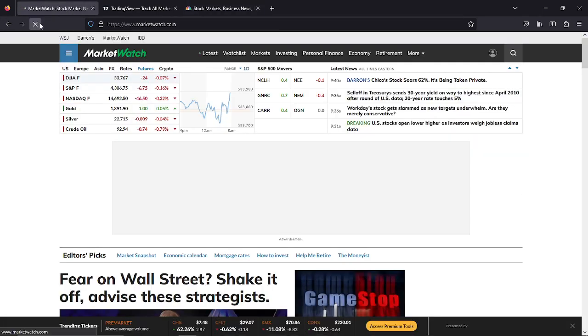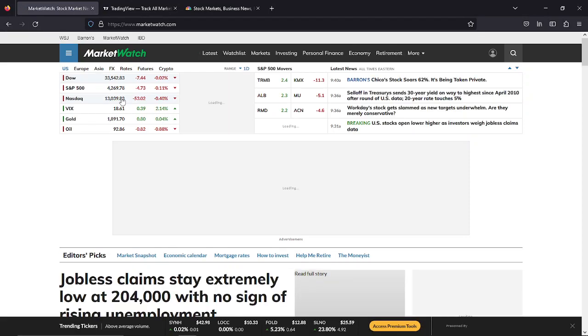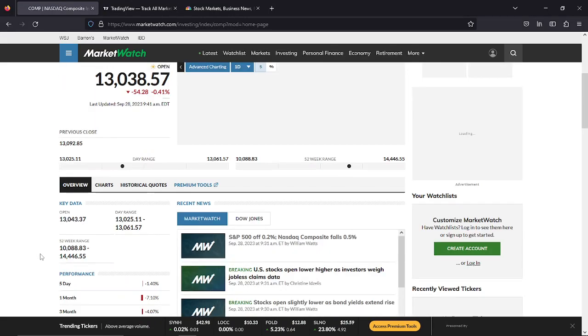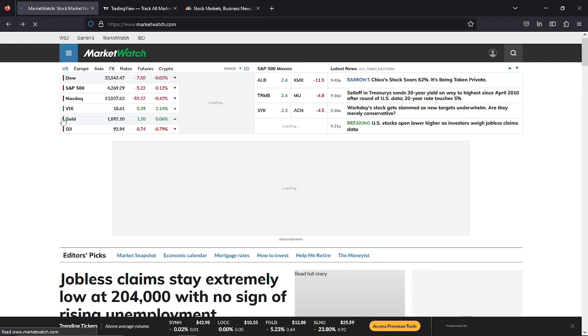Yeah, so look at that. The market is just pretty flat right now. Let's take a look at this market open. Jobless claims stay extremely low. Let's let that load up first. So like the market's just flat. Low at